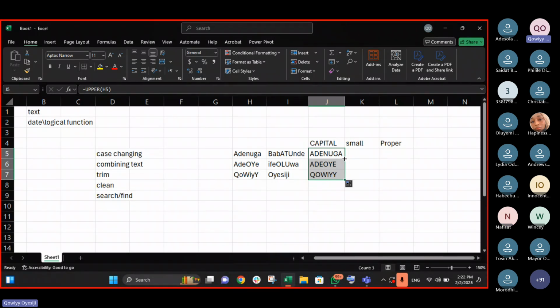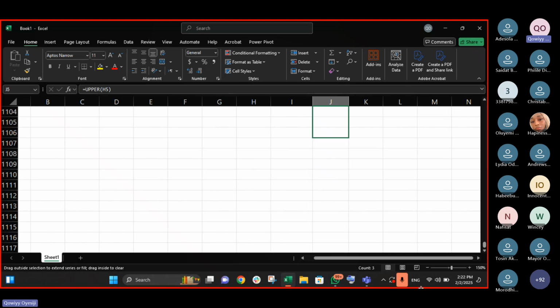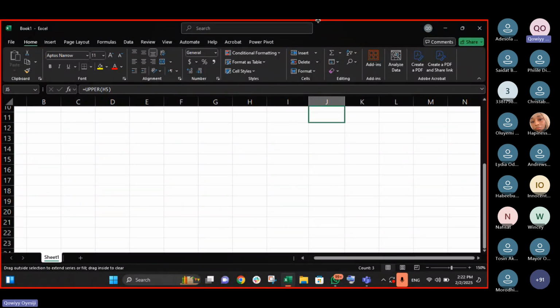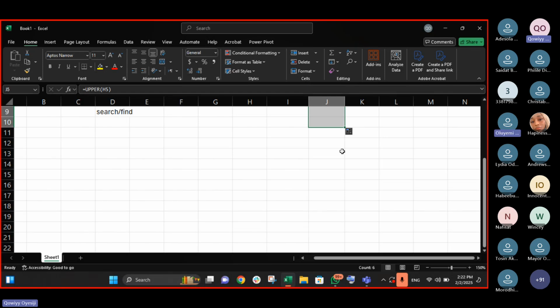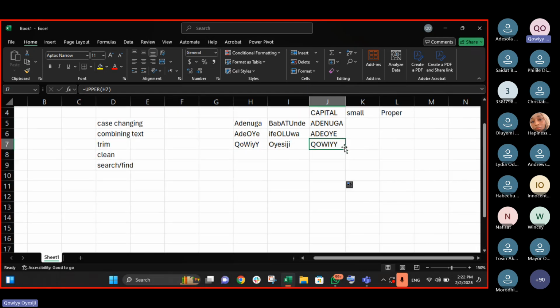Even if I have 1,000 rows, and I know if it is dragging, I will have to be dragging like this. Look, I've never got it to 1,000. But even if it is 1,000,000 rows, once I click on my autofill, automatically it's going to perform the operation downward on everything. Look at it. If I want to be dragging, look at how I'm going to be dragging. That's how I'm going to be stressing myself. Can you see it now? So just use the down part of the rightmost.